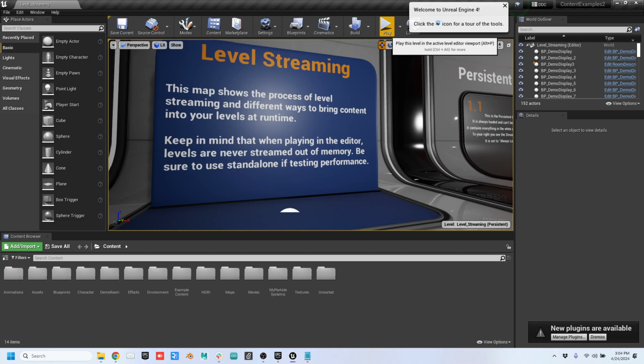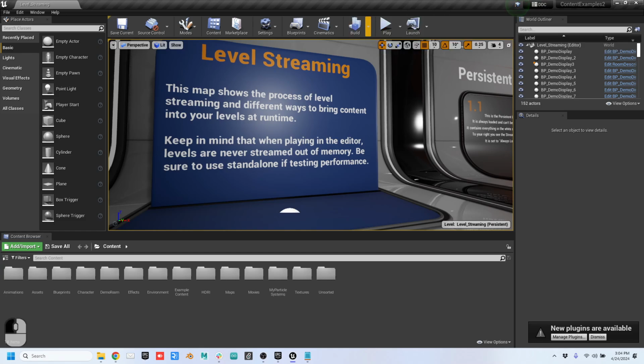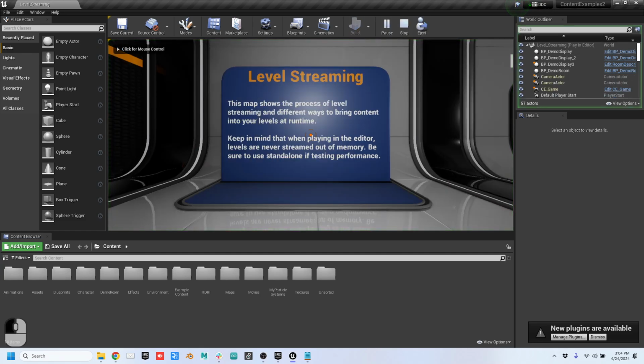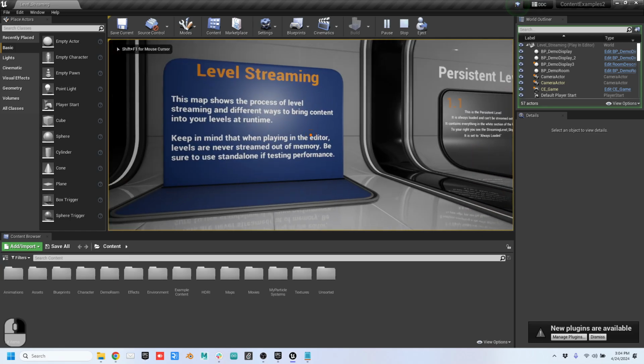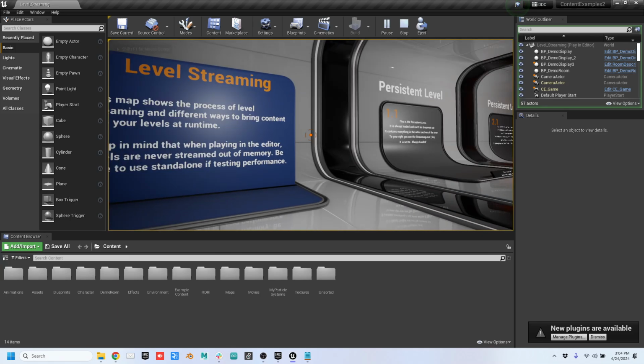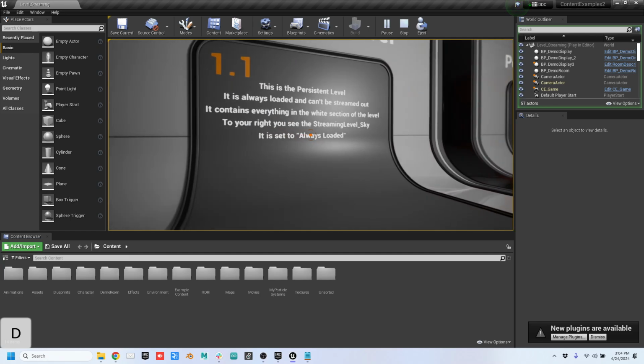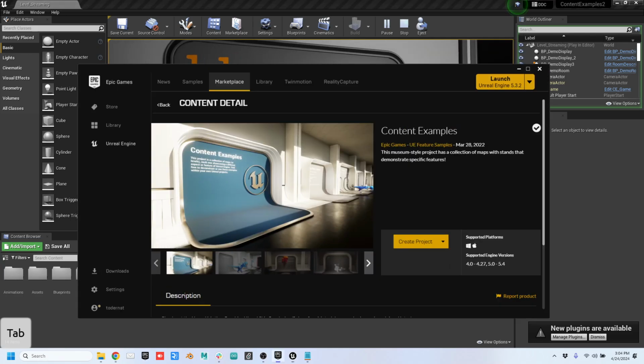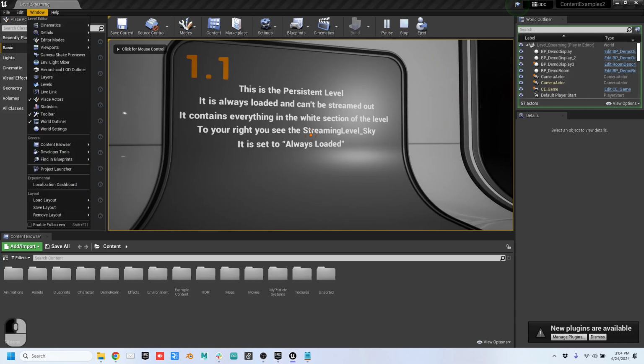So if I hit play here, again, I'm not going to demo the whole map. You guys can find this computer. I'll put it on that computer if you want to read all the different sections. But as we already know, there is a persistent map, right? And the important thing to do here is make sure you're looking at the levels,